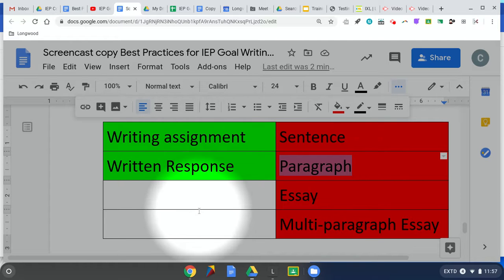So unless you see a really specific need in this closed-ended area that students need to work on, and this is probably going to be more applicable to the elementary levels, you want to stay in this zone here, giving teachers flexibility with the length of their writing assignment. So it could be a few sentences, it could be an essay, it could be a single sentence. Any way that they can measure that specific skill within a writing assignment, they can use. Whereas if you used this side, they would be locked into a whole paragraph needing to be written, or essay, or multi-paragraph essay.